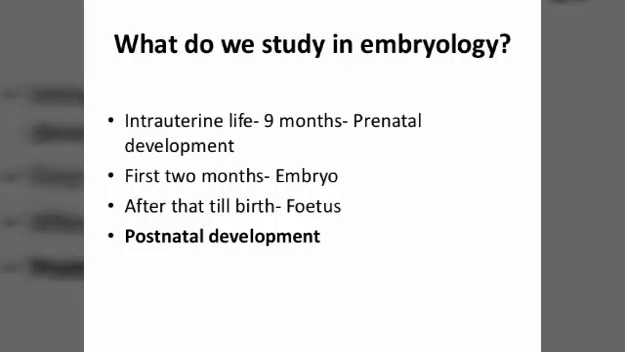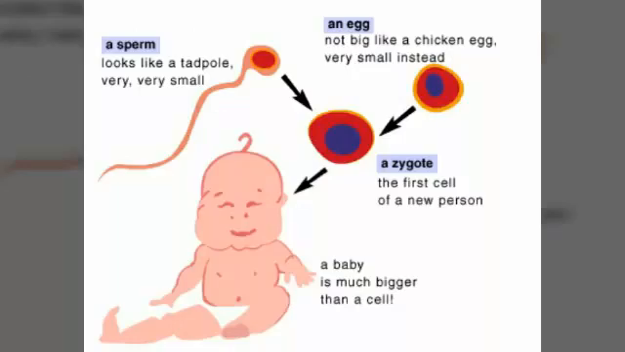Cleavage means furrow or division of the cell, but the cell is not entirely divided, it becomes growth. So the growth and development process is called embryonic development. What do we study in embryology? That is the first 9 months, that is prenatal development, the first 2 months embryo, after that till birth fetus, and